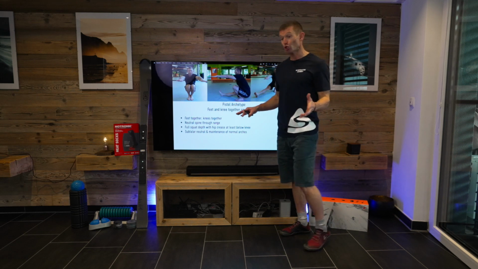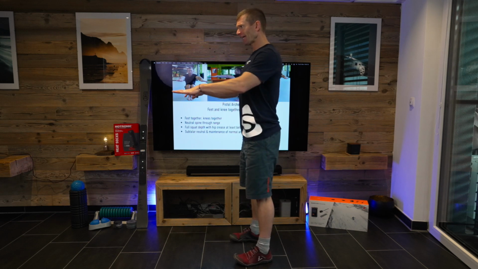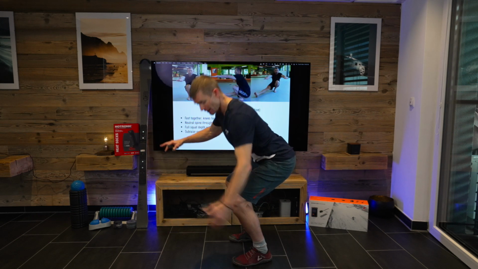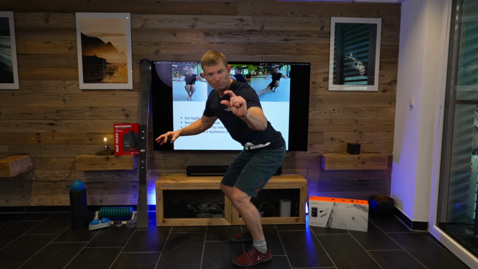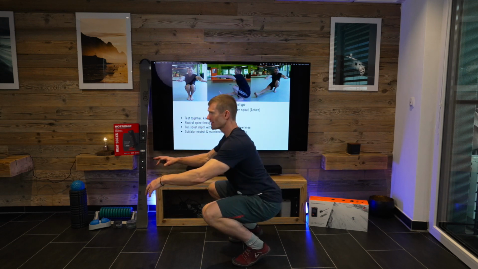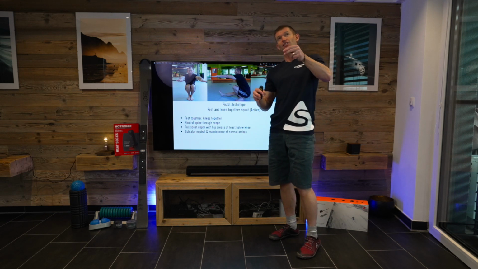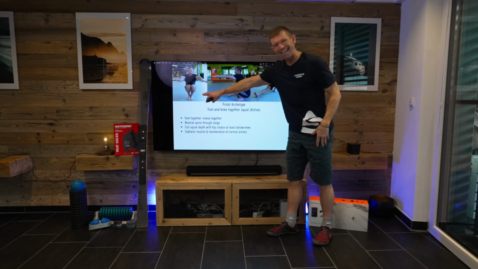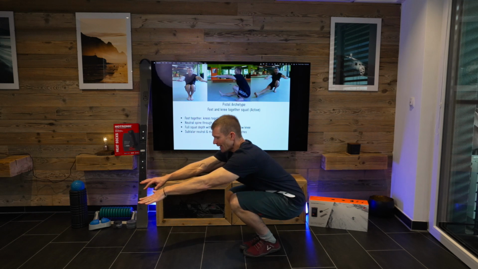If somebody cannot do a squat with flat feet like I am in barefoot shoes now, and if I can't get into a squat and I get stuck here, I can basically put something under the heel, so 2 plates, 5 kilo plates, lift their heels up a bit, and all of a sudden they can get themselves into a squat because I've cheated the system. So a ski boot, in a sense, is cheating the system to a degree. But I would like to see if you can get into this with both feet forward, subtalar neutral, keep your knees together and come down.